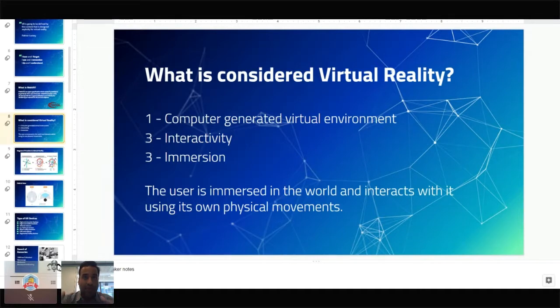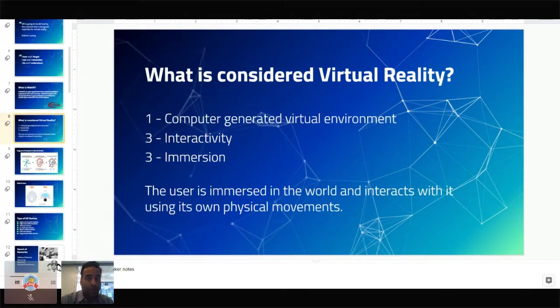When we think about immersion, think about the headset. Your senses are being taken over by the entire experience with sound, with visuals, and in some of the more complex experiences, actually with touch, because you have your controllers, and these controllers also have haptic feedback. They vibrate.